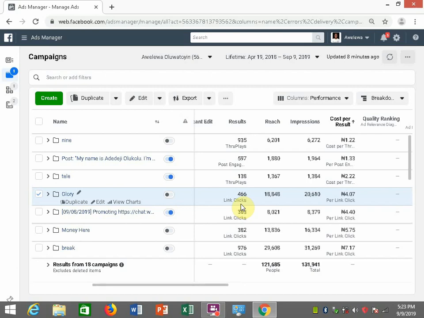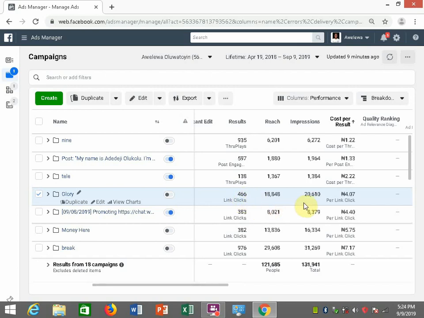So you need images that would help your website to load faster, so that when they click on your ad, it doesn't take such a long time for your web page to load. That's a very important factor. Very, very important. Make sure your website loads as quickly as possible. In fact, you can Google tips on how to make your website load as fast as possible; there might be other tips apart from the image sizes on your website. Whatever will make your website load as fast as possible is what you should go for, so that when they click on your ad, your clicks will not be wasted.